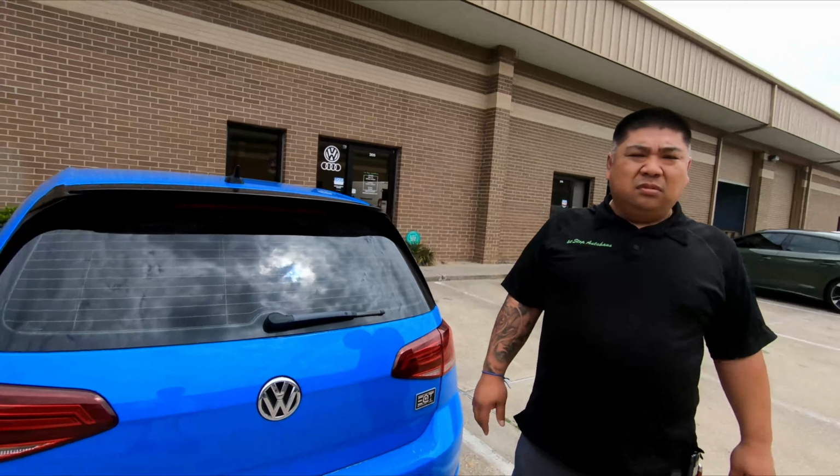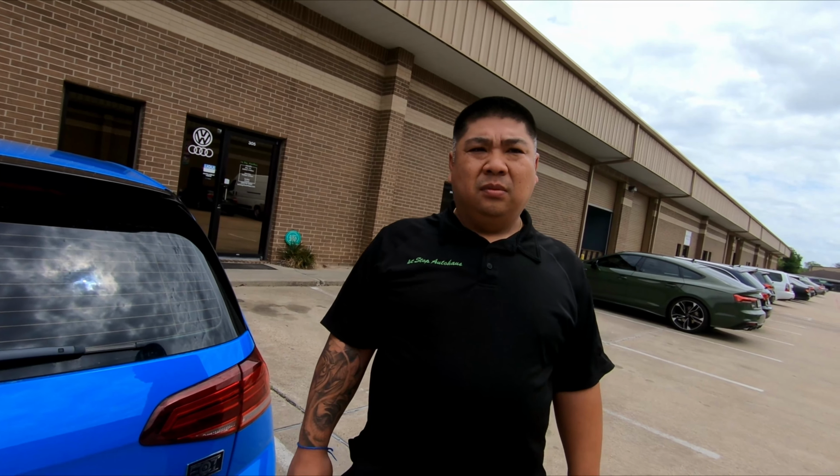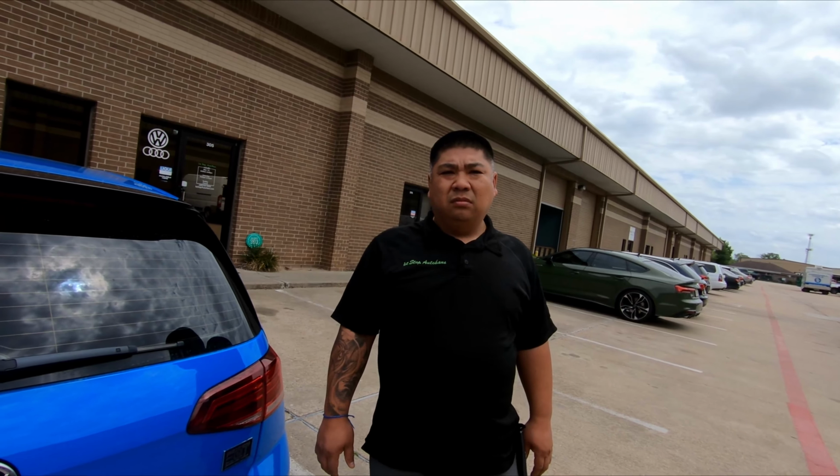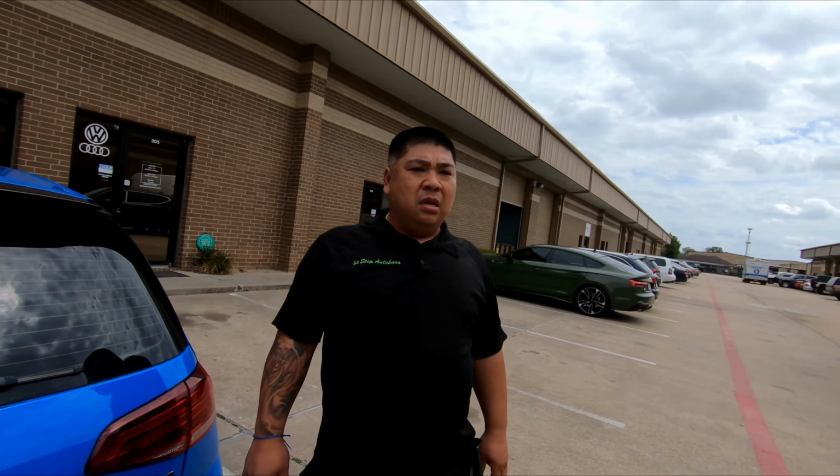Now, talking about the maintenance part of owning the cars. Now, Hondas, everybody knows, cheap. They're super reliable. How do you compare the Honda compared to the Volkswagen? Volkswagen can be reliable if you pay attention to detail as far as maintenance wise. If you upkeep this car, it will last you a long time. If you let it slouch and you put it off, you will pay the consequences at the end of the